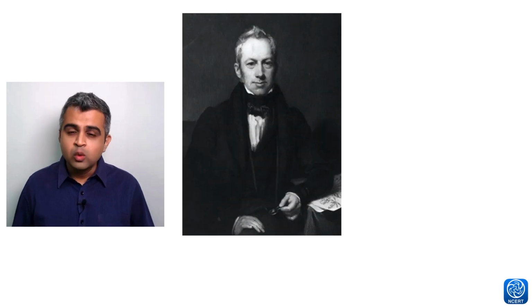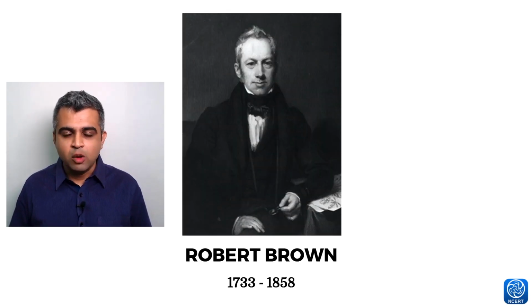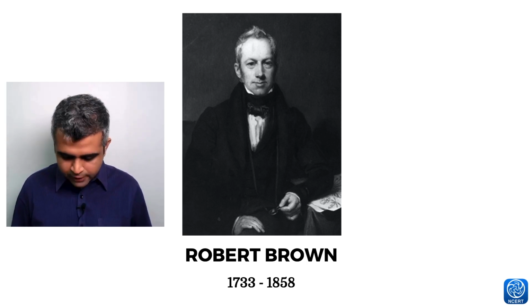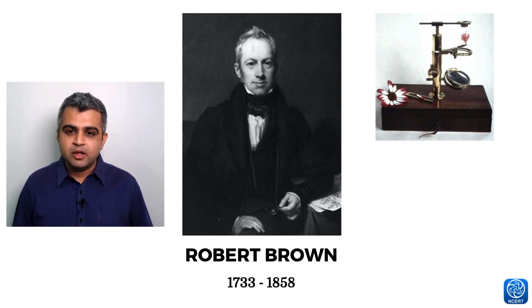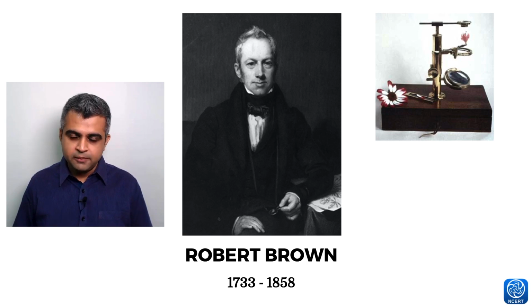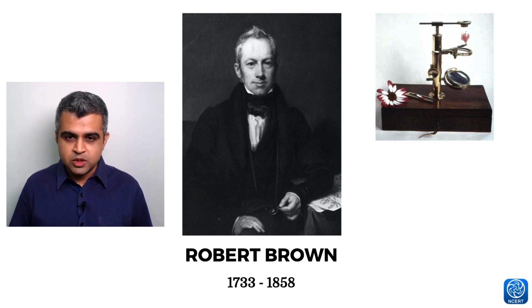So it all begins with this person you see on your screen, whom you've heard about before. He is Robert Brown, and I have briefly mentioned his name when we were talking about Anton von Leeuwenhoek. He was living in the earlier part of the 19th century, and this is the microscope that he was using. He was examining the leaf of the orchid plant. I'm sure everybody must have heard about orchid flowers. So he was working with the leaf of the orchid plant, and this was the microscope that he was using, as you can see on the screen.